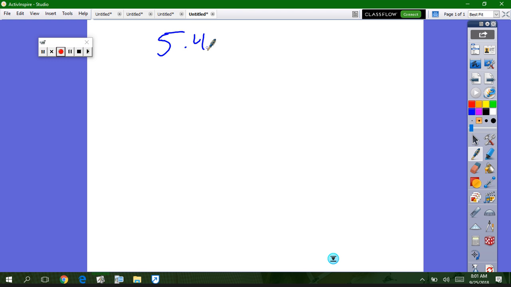Okay, so 5-4, factoring GCF, which then in turn we're going to go ahead and factor. Okay, what is the GCF? Does anybody know what the name of that is? Greatest common factor. What do they have in common? Okay, so